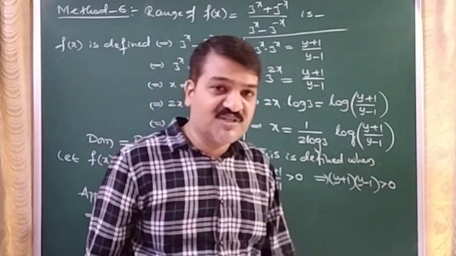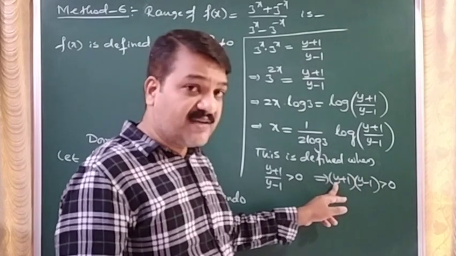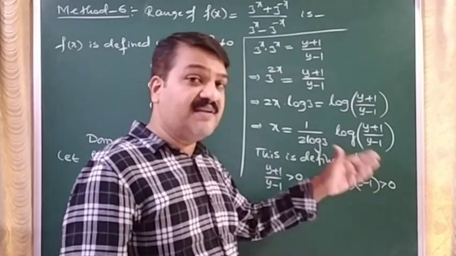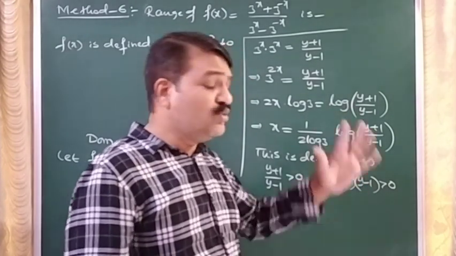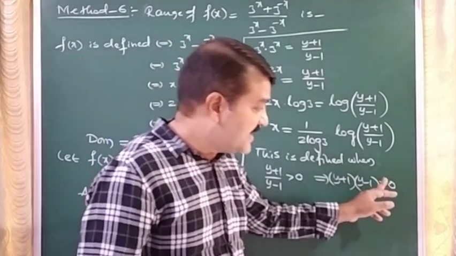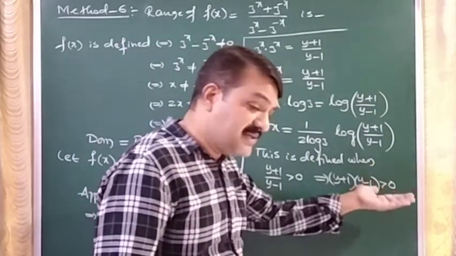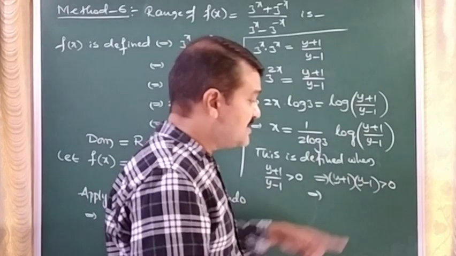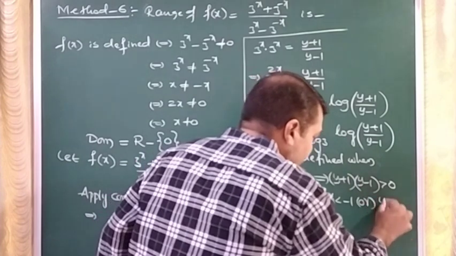For this one we can write the solution easily. See, we have two factors. What is the zero of the first factor? Minus 1. Zero of the second factor? Plus 1. And already we have discussed in the previous cases that whenever you have only two factors like this, and you know both zeros like minus 1 and plus 1, greater than symbol means does not lie between the roots will be the solution. Less than symbol, lies between the roots is the solution. Therefore, what are the zeros here? Minus 1 and plus 1, does not lie between the roots. So y is less than minus 1 or y is greater than 1.